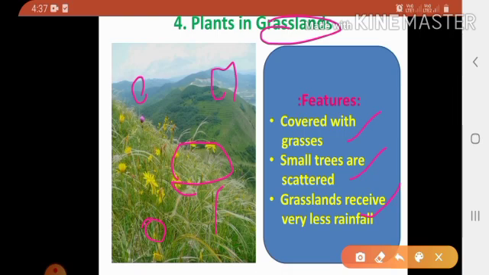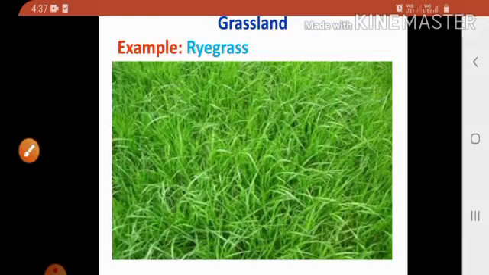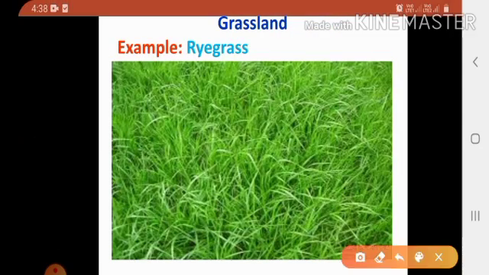They are covered with grasses. About 1/4 of the earth's land area is covered with grasslands. Then grassland receives very little rainfall. Example is raygrass. See here, this is raygrass.